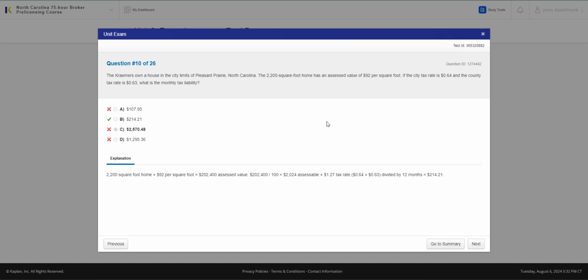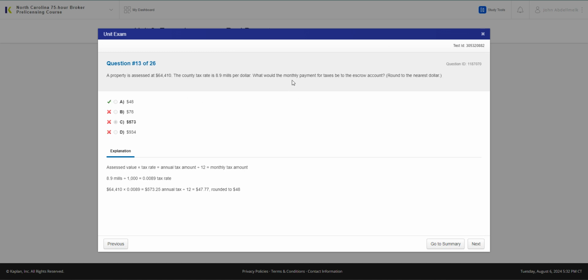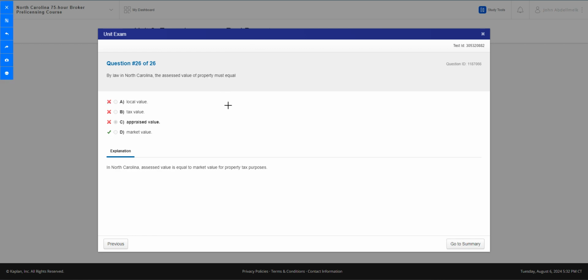I just did a boo-boo. In this one, I had to read the question right because I didn't account for the 10% increase. And this one was the same issue. I didn't account for the monthly payment. And then over here, I accidentally, oopsie,